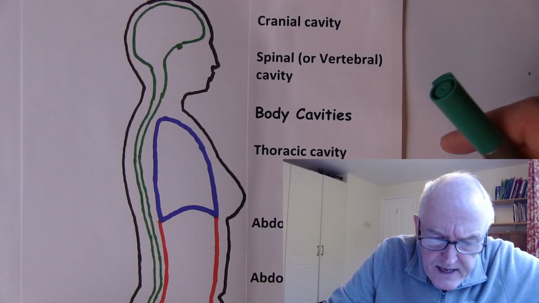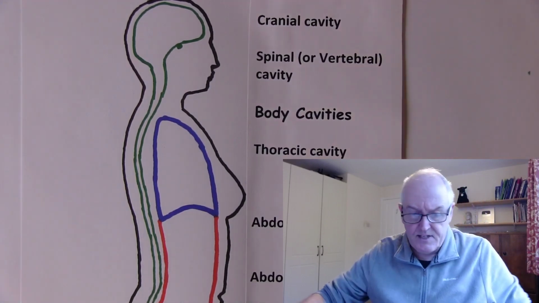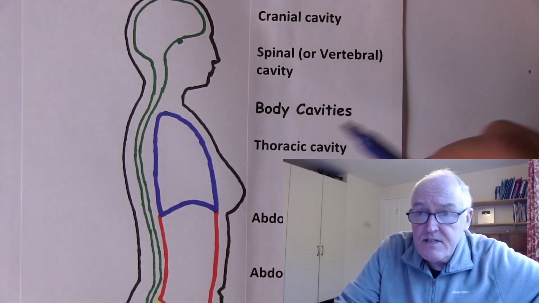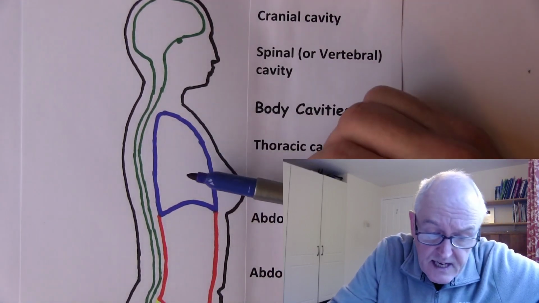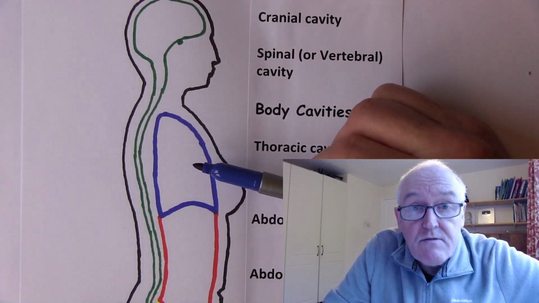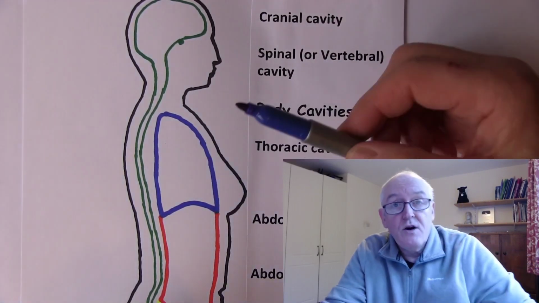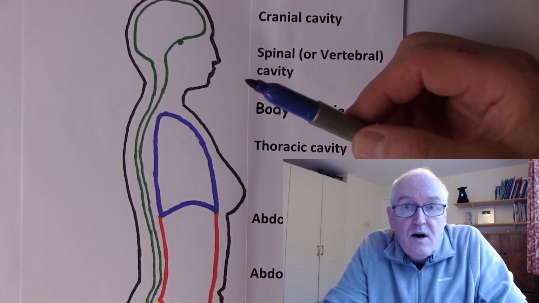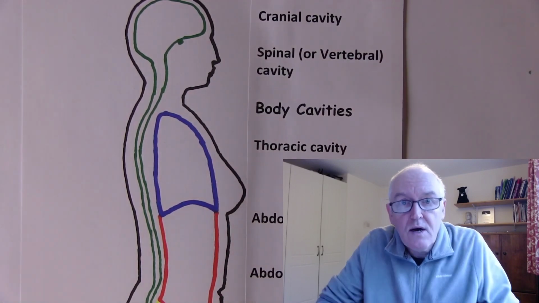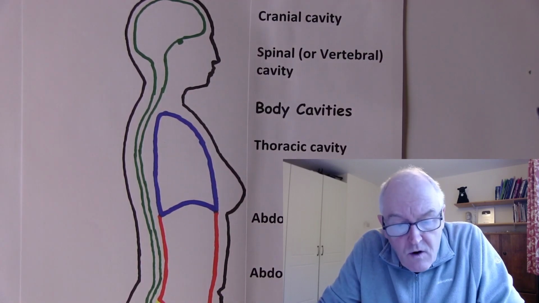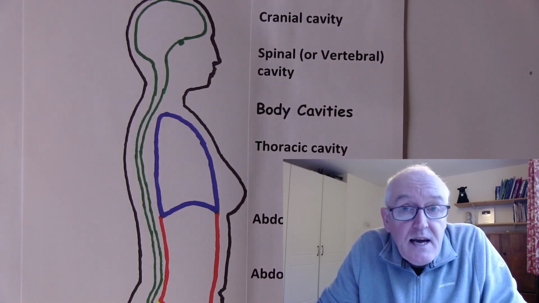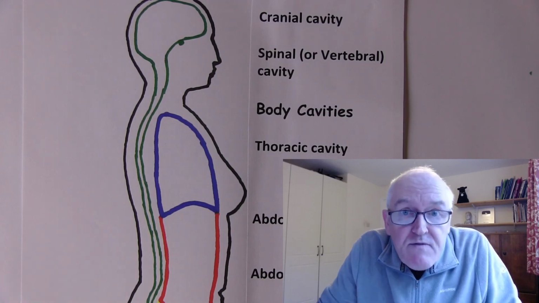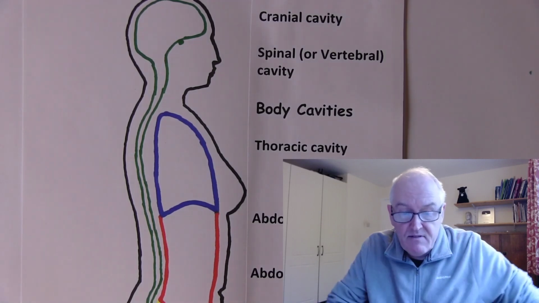Now, going down, of course, we have the thoracic cavity, which is here, which we've drawn in blue. Now, the thoracic cavity is going to contain the lungs, it's going to contain the heart, the major blood vessels that are associated with the heart. So you might know that leaving the heart we have the aorta and the pulmonary arteries. Well, one pulmonary artery leaves the heart. It quickly divides into two, one going to each lung. We've also got the inferior and superior vena cava, taking blood back to the right side of the heart, and the pulmonary veins, taking blood back to the left side of the heart.